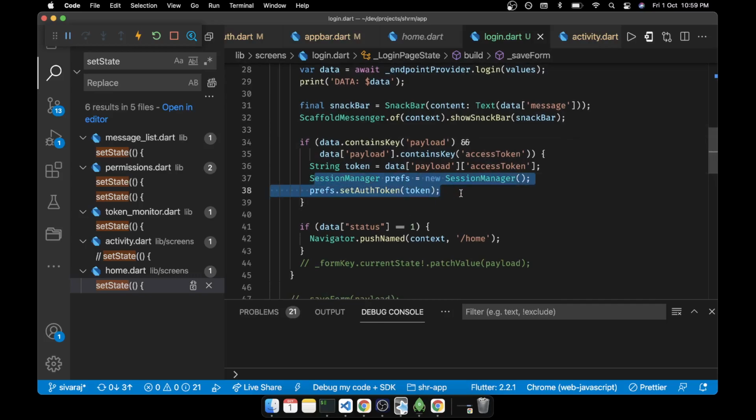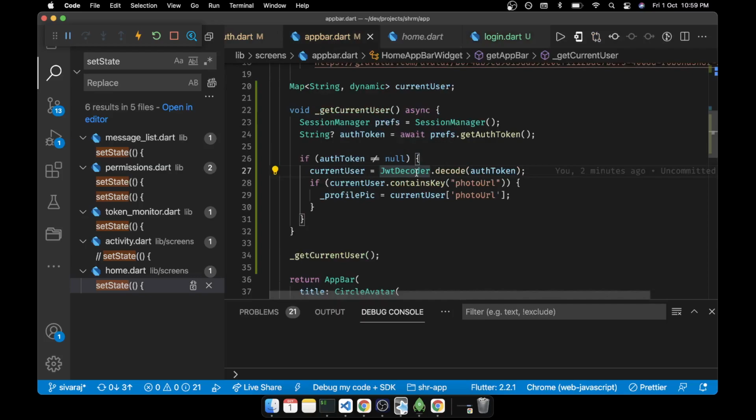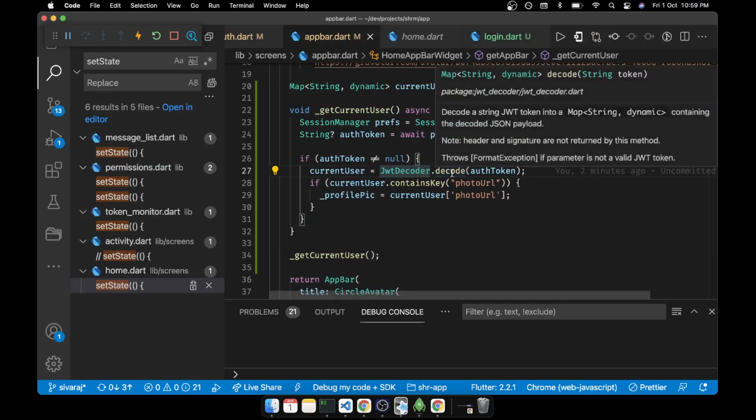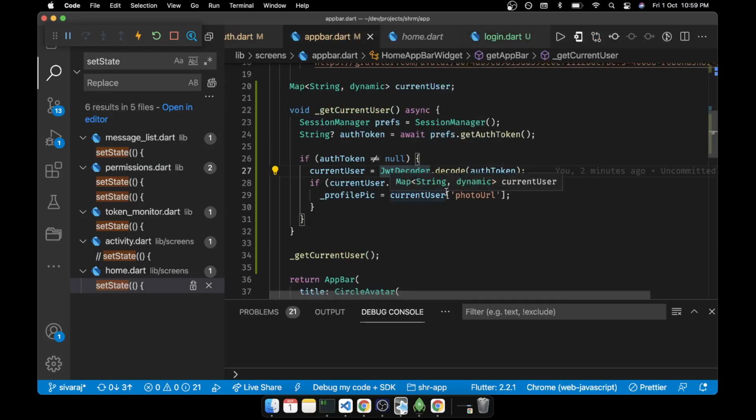This is only for login. Other places this particular part will not come, for example setting a token, because the token only comes at the time of login. Then we are navigating to the place. Once it's navigated, there we take the token, decode it, and try to set the data. But in other places again this particular thing will not come.